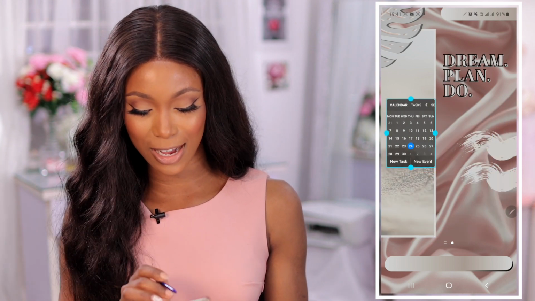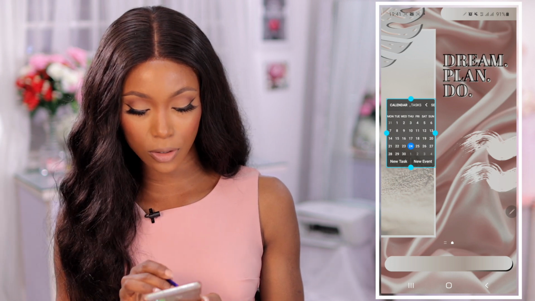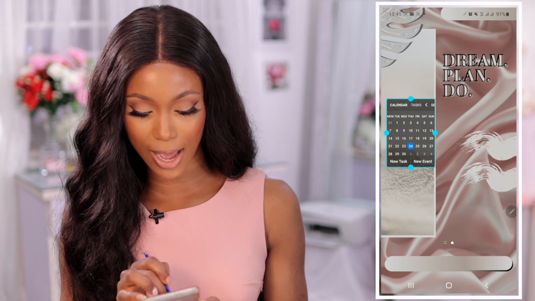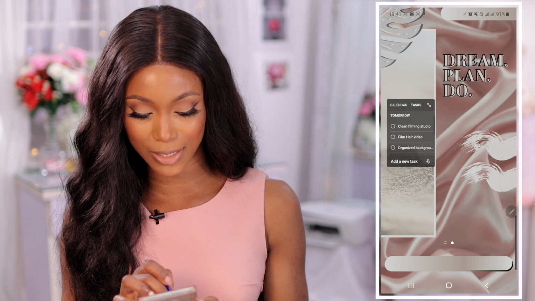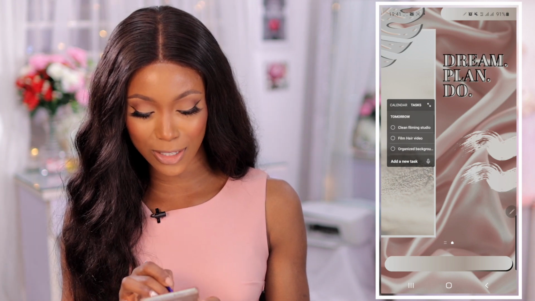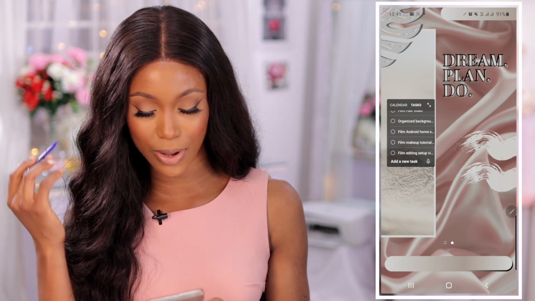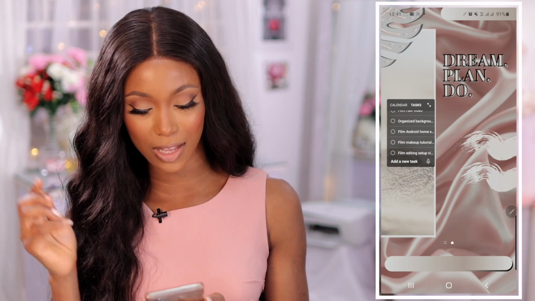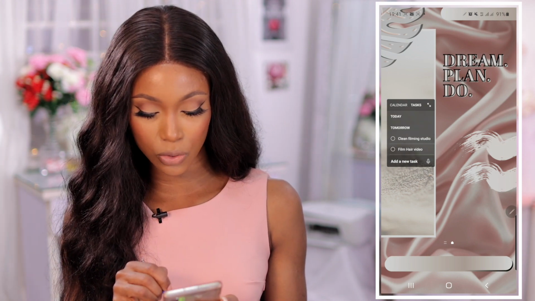I'm going to shrink this down, and I'm going to click on the task because this is where I usually have my task. So my task for tomorrow, I need to clean my studio, film a hair tutorial, organize my background. I already did that. So next up, I'm going to do the same